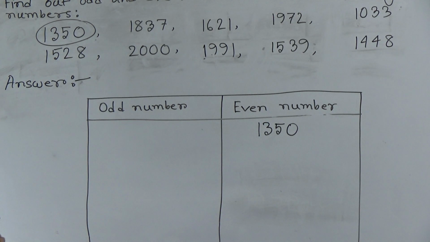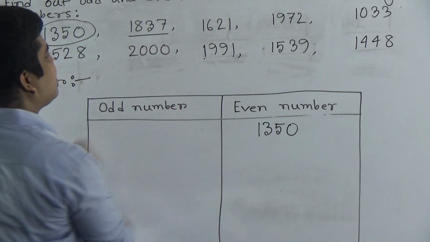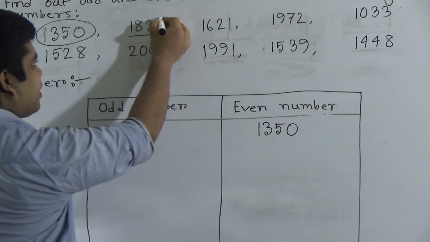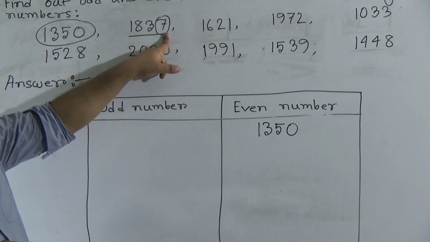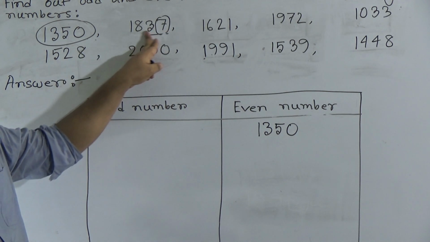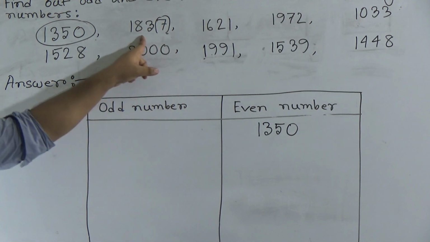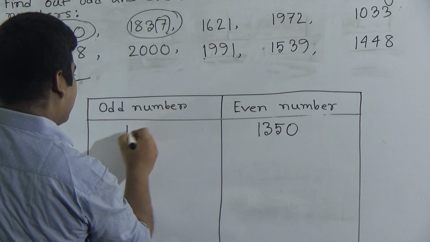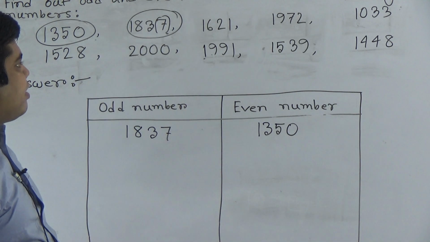Next, my dear students, we shall learn whether 1837 is odd number or even number. Notice here ones place digit is 7 and 7 is the notation of odd number. As 7 is odd number, so we can say the total number, that means 1837 is odd number, and we write this in the odd number box. Okay, this one is done, 1837. And our next number is